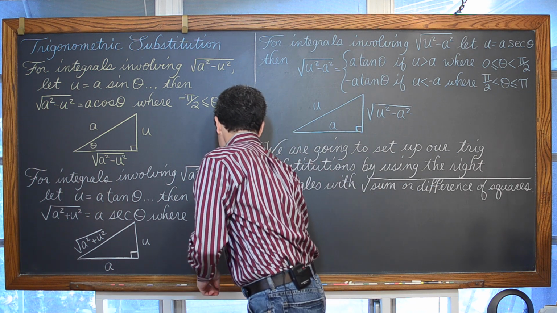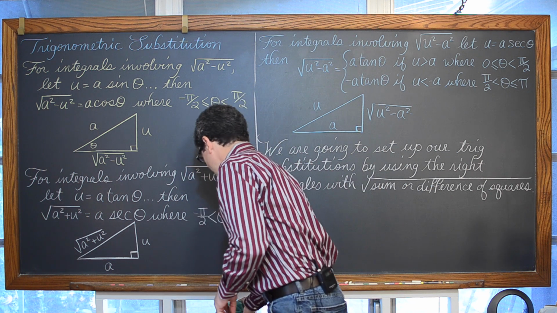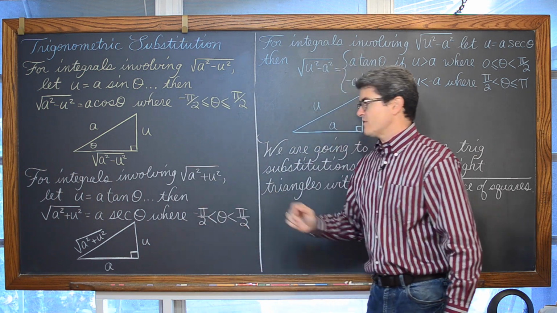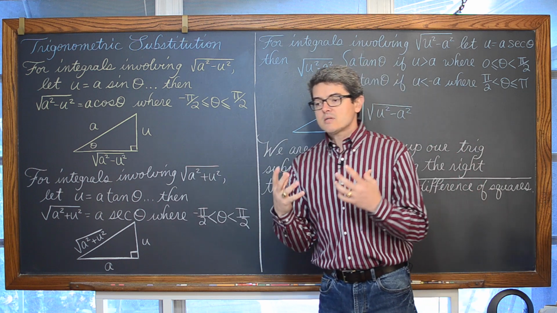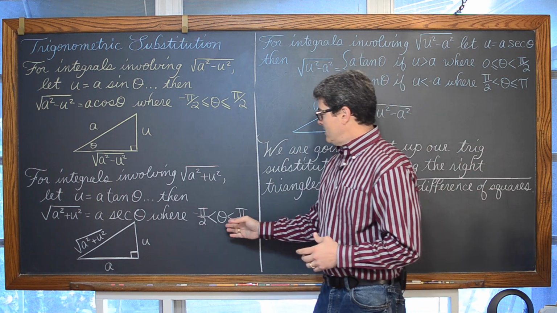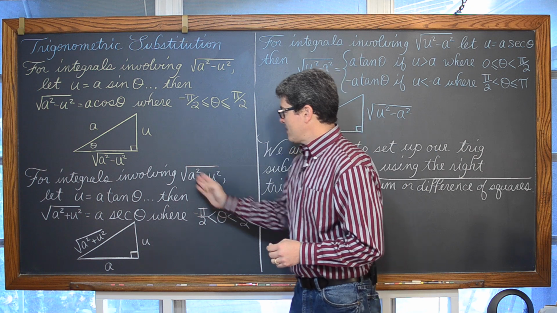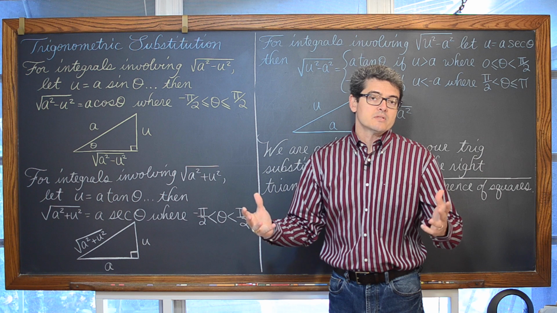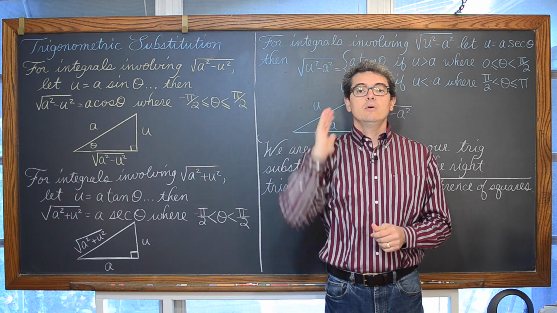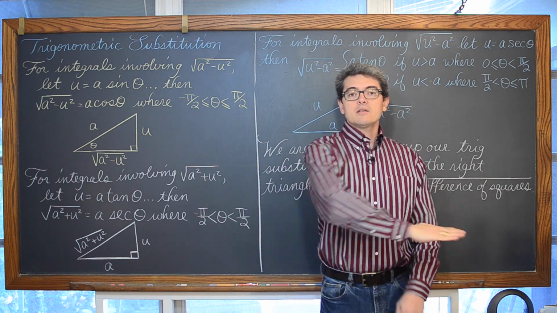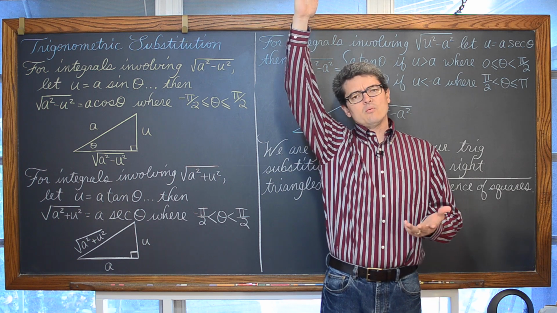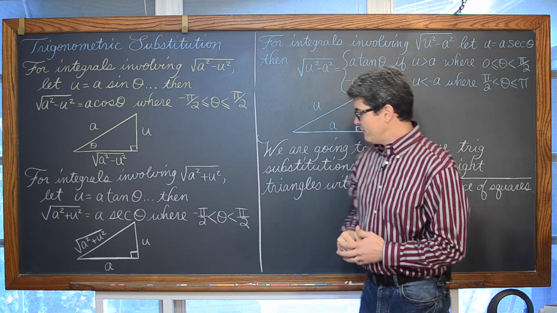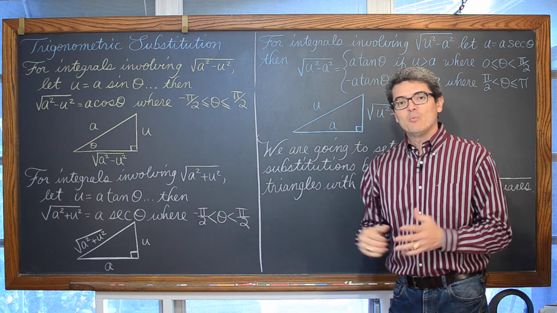Now, why is it that with this second rule we need to restrict theta to be between negative pi over 2 and positive pi over 2? Because if we need a substitution for theta, then we're going to need to base that off of the inverse tangent function. And when you do inverse tangent, or just work with the tangent function, tangent is undefined at pi over 2 and negative pi over 2, because tangent's y over x, and if you rotate pi over 2 radians, or 90 degrees, the x-coordinate is going to be equal to 0, and tangent will be y over 0, and thus undefined.